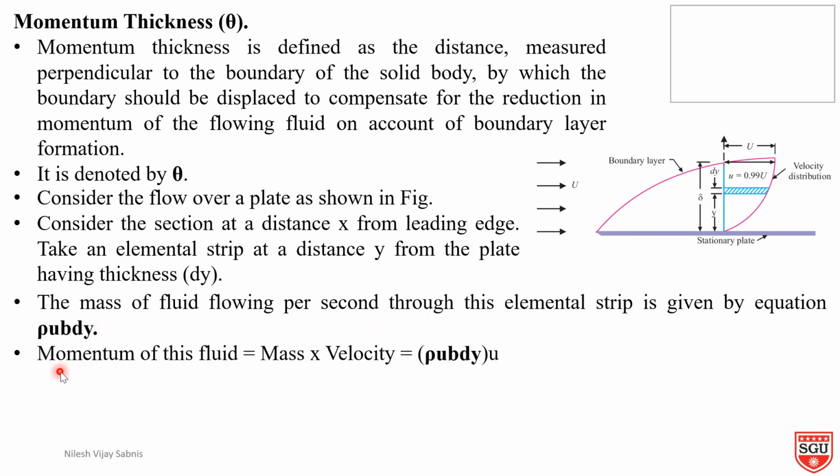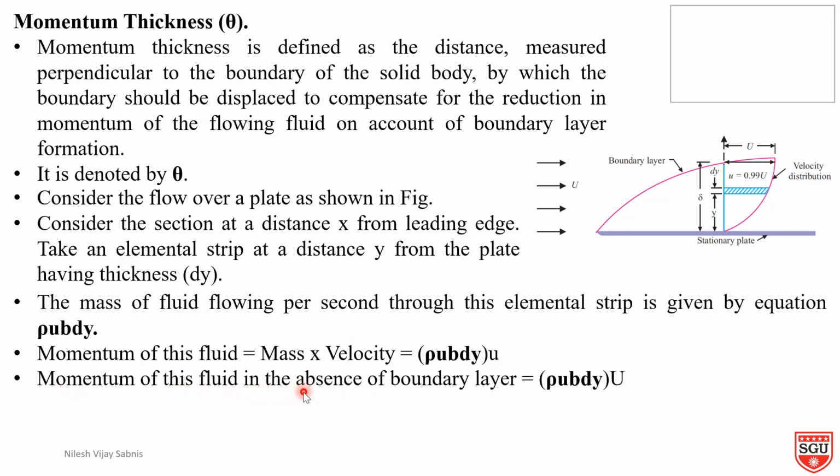How to calculate the momentum? Momentum is nothing but mass into velocity. So mass flow rate multiplied by U gives the momentum of the fluid in the absence